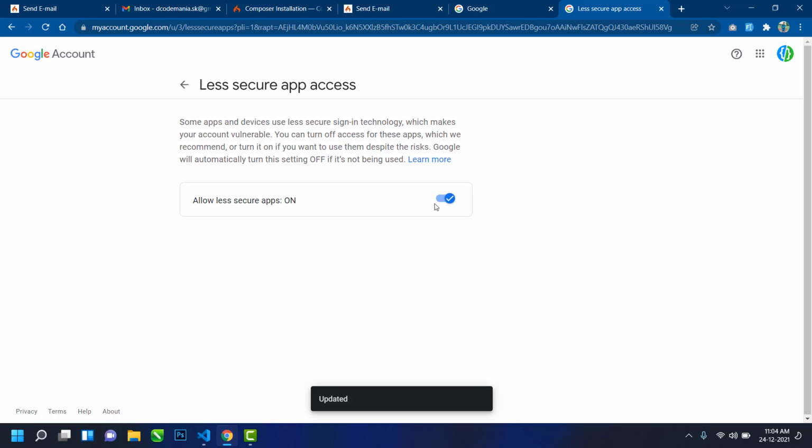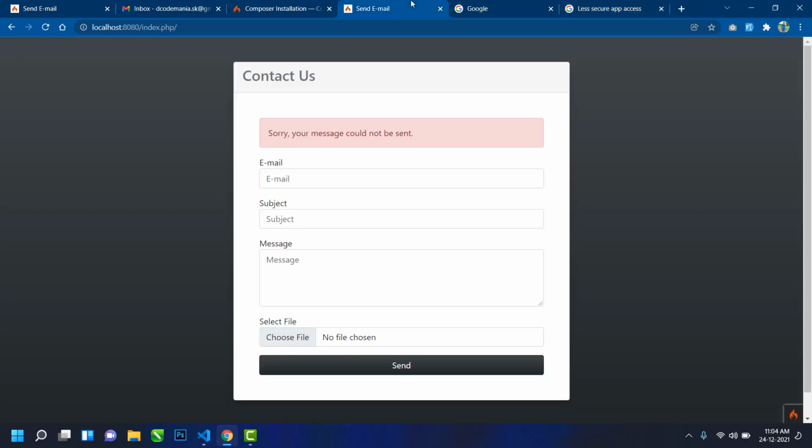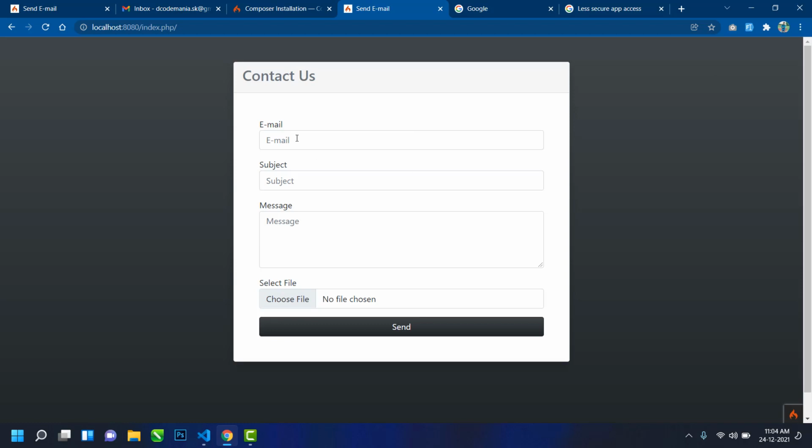If you do not enable this, then your message will not be sent. Okay, so just enable this. Now just go to your project, refresh. Okay, now here I will write my email ID saifullah.sk@gmail.com and subject test email, and in message I will write hello there, how are you.